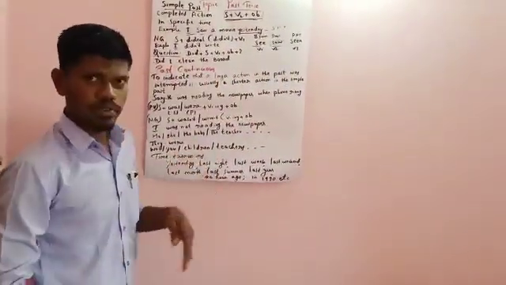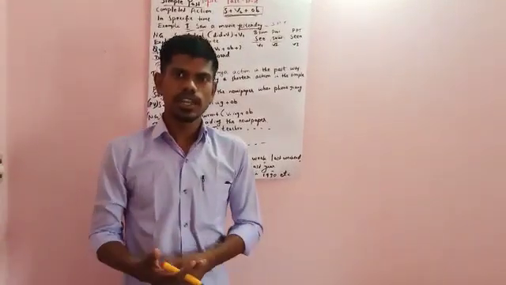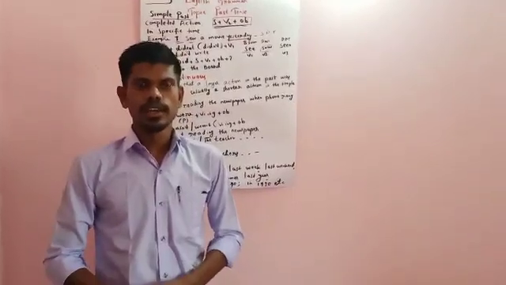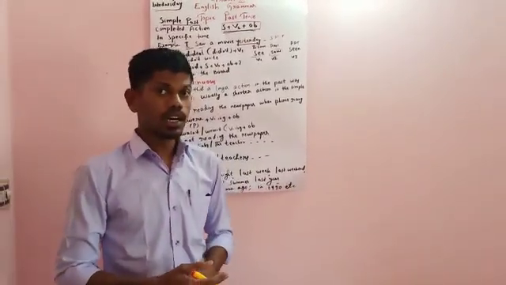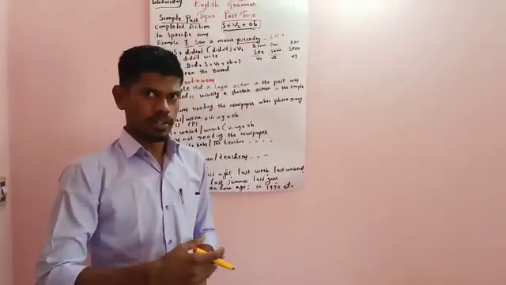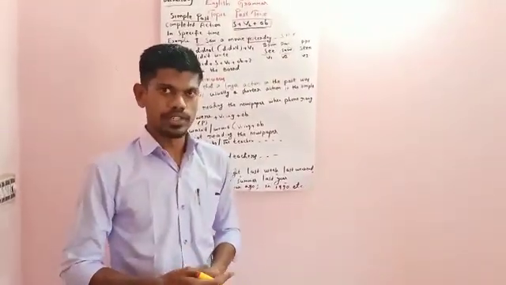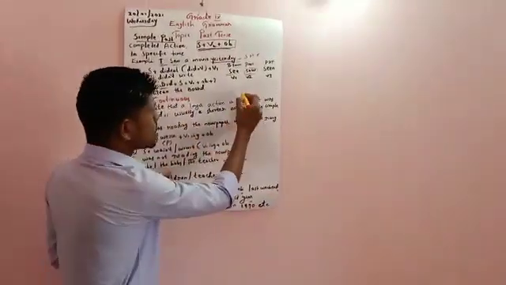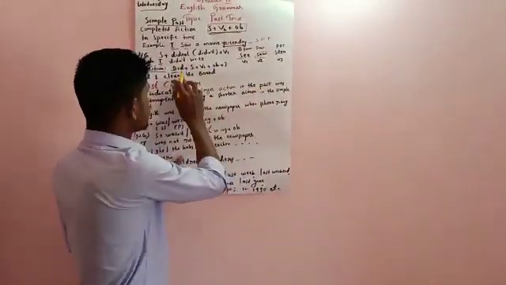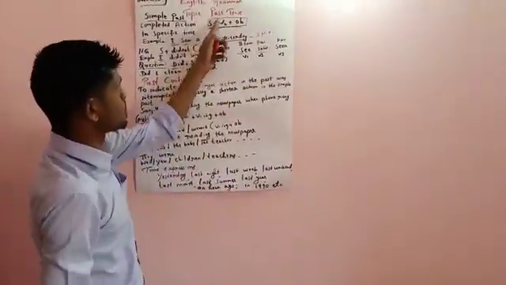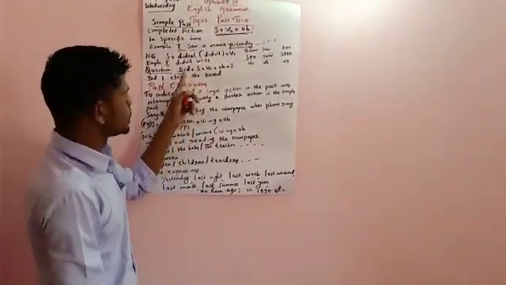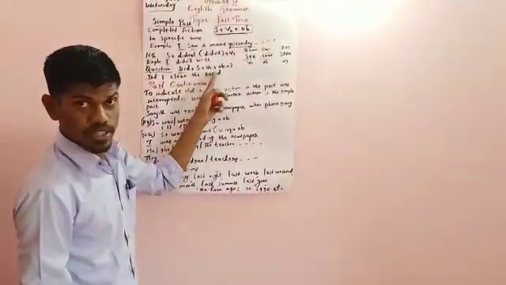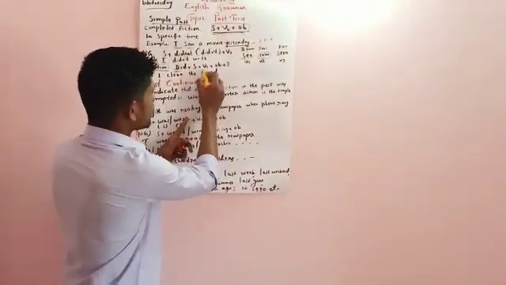When we want to make the same sentence interrogative, that is a question, what are you going to do? In the simple present tense that we have seen, we used do or does before the subject to make it interrogative. But here you are not supposed to do that; just take did. Do, does is the present form. The past form is did. Since you are talking about past tense, we have to take did. So the auxiliary did should come first, then the subject, then V1, then the object. Keep this in mind; don't get confused.